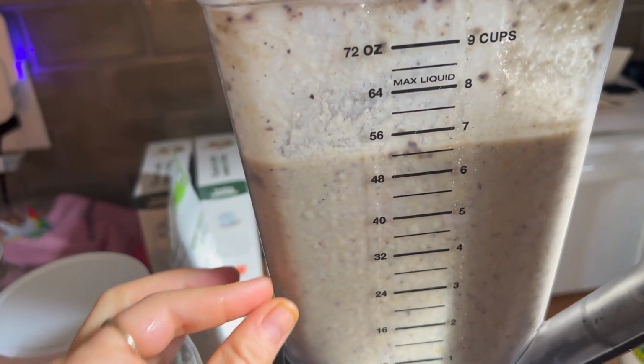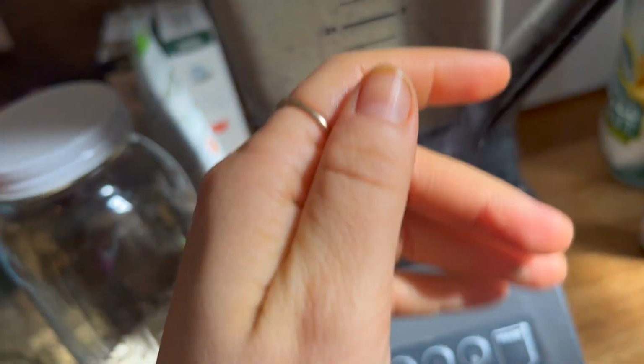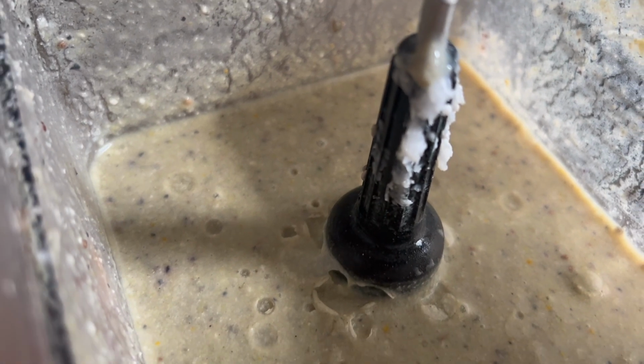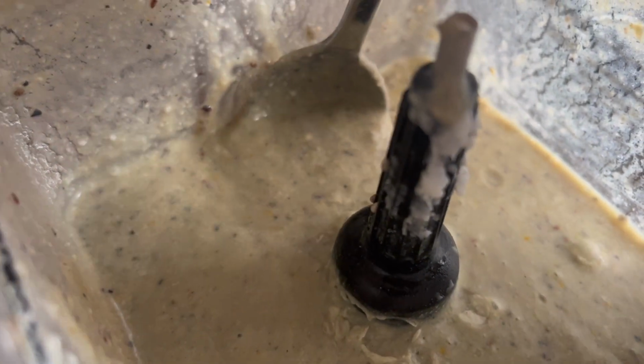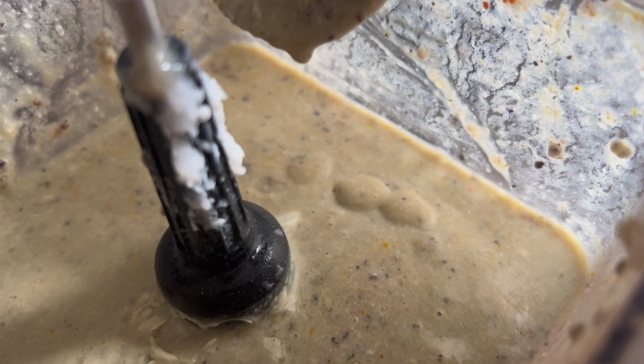This is a smoothie with coconut cream, chia seeds, blueberries, pineapple. Look, I have turmeric on my hands from the turmeric tea that I also put in there because I'm trying to work on inflammation. I put chia seeds in there, so it's actually thickened up quite a bit. It was really liquidy last night, but the chia seeds help obviously add some great protein and nutrition and then